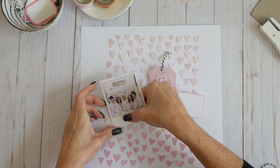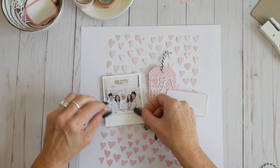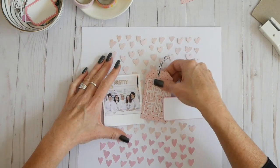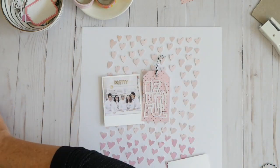Fortunately, all this heart underneath will be hidden, so I can make a little bit of a mistake here. Come back in there with this. Okay, I think that's going to be better now. Do the same thing with this. I'm going to pop it up